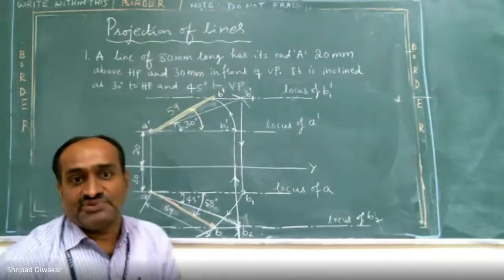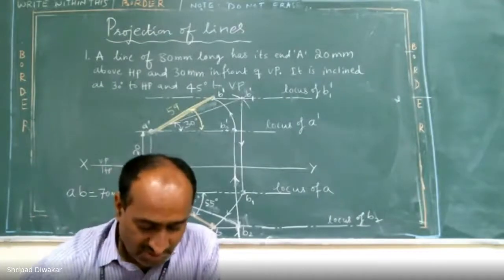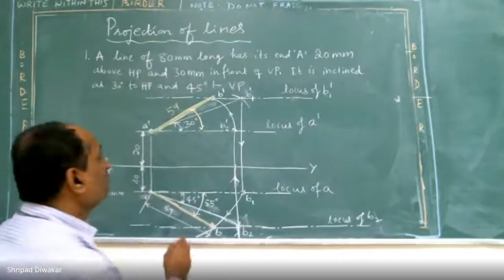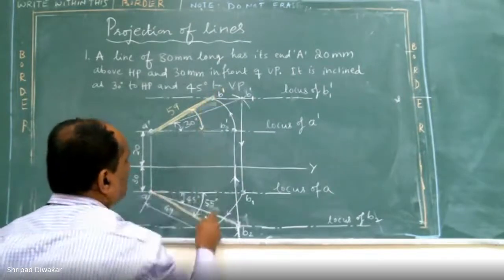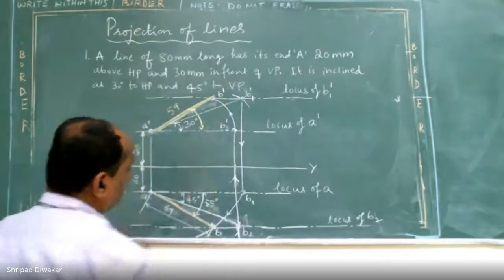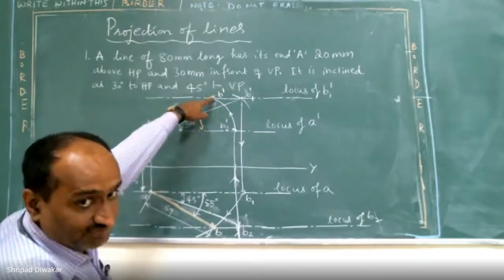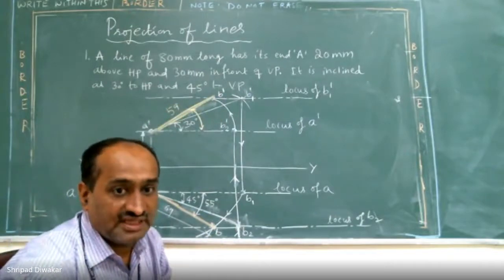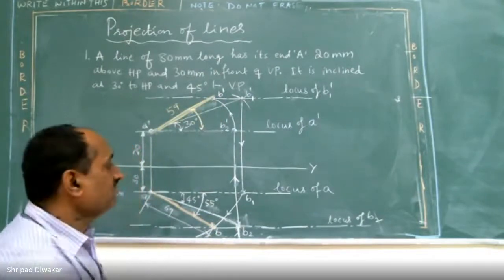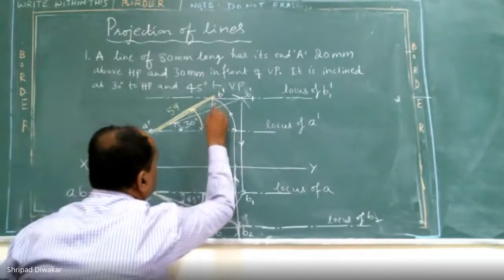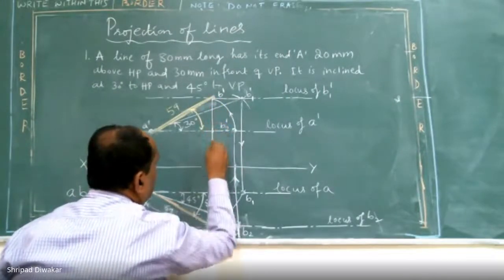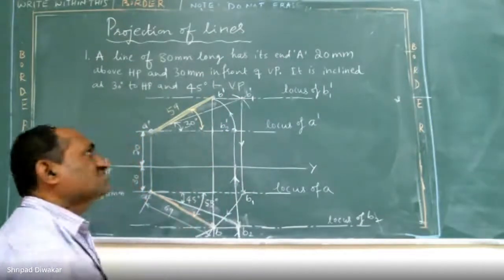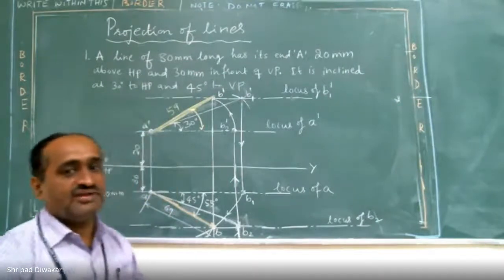Okay, now next step. Now it is a confirmation whether your problem is correct or wrong. I'm telling you. Last step. Okay, you have to join B with B dash. It should be on the same straight line. Remember, you are having B dash here, you are having B here. So in order to confirm whether your problem is correct or wrong, join B with B dash. Once you are getting on the same straight line, in that case, your problem is correct. What you have done is correct. Otherwise, you have to check. Are you getting, students?